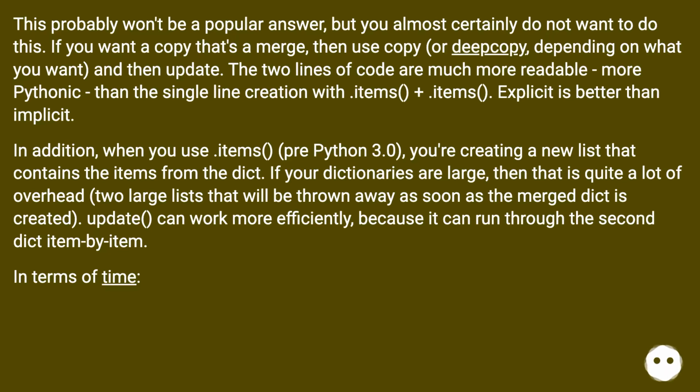In addition, when you use .items, pre-Python 3.0, you're creating a new list that contains the items from the dict. If your dictionaries are large, then that is quite a lot of overhead, two large lists that will be thrown away as soon as the merged dict is created. Update can work more efficiently, because it can run through the second dict item by item. In terms of time,